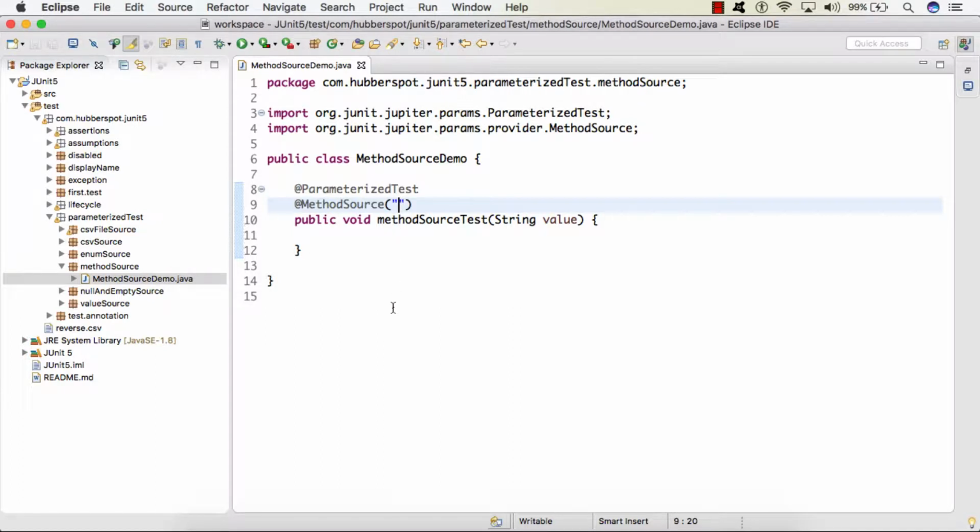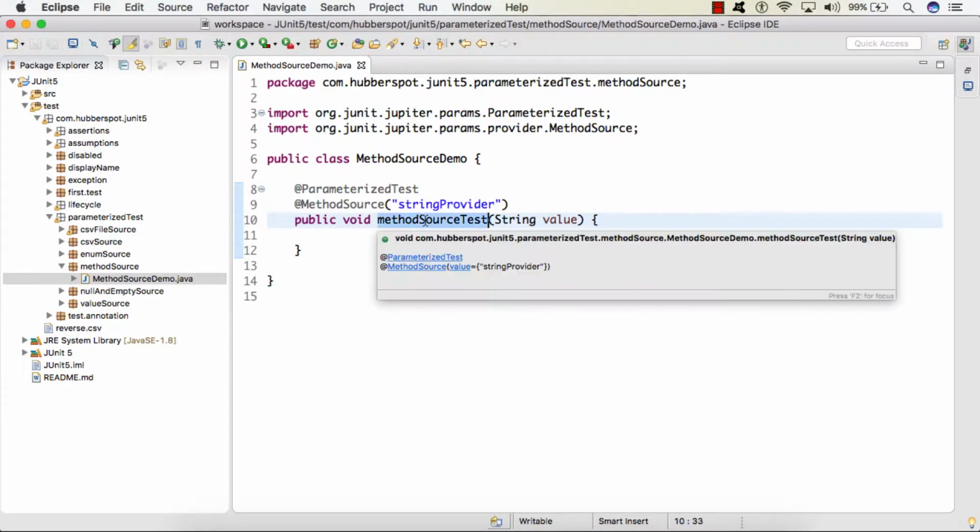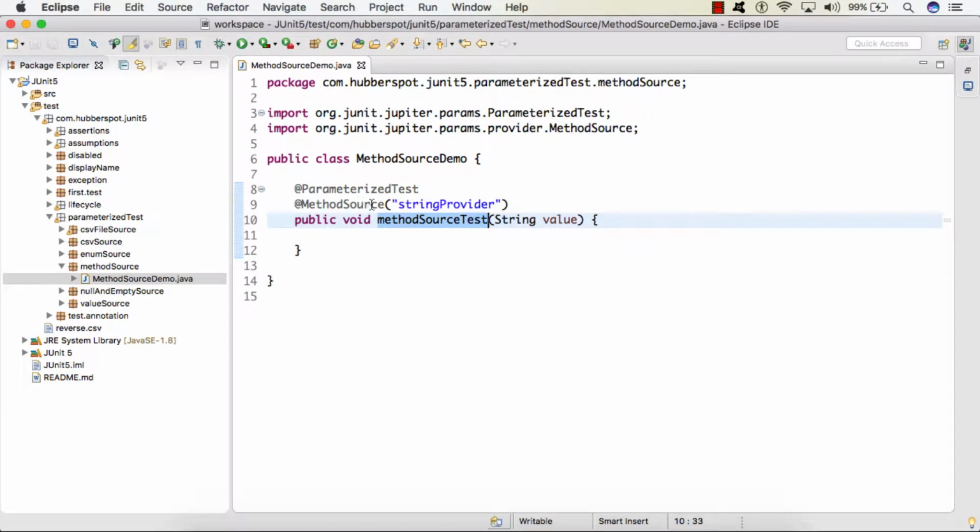So let's say I give the method name as stringProvider. So friends, what happens is, when I run this test case, @MethodSource will search for the stringProvider method inside this MethodSourceDemoTest class, and which should be a static method.